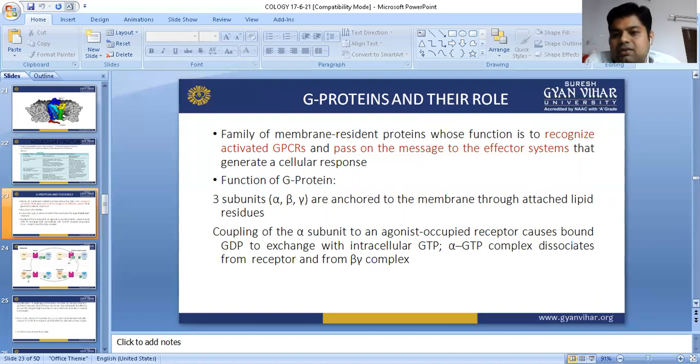Alpha, beta, and gamma, 3 subunits are available, and when the drug molecule is going to bind with the receptor, during that time a signaling message is achieved into the cell, and GDP converts into GTP, which is an active molecule, guanosine triphosphate, and this one binds with the alpha subunit and activates the alpha subunit. And after activation, the alpha subunit will bind with the cAMP and it produces a therapeutic response.